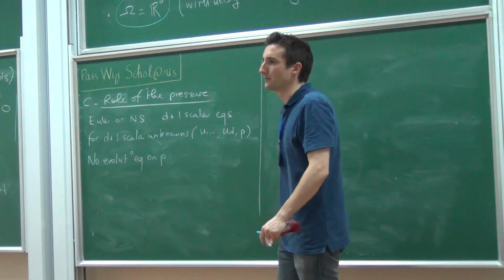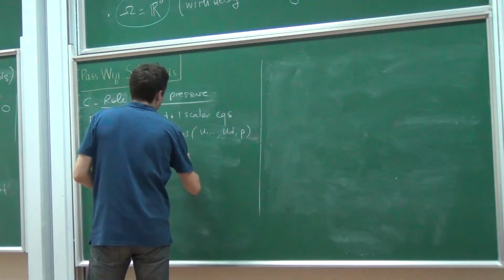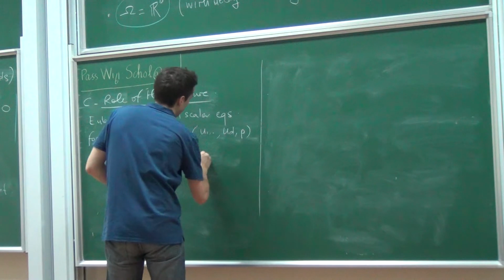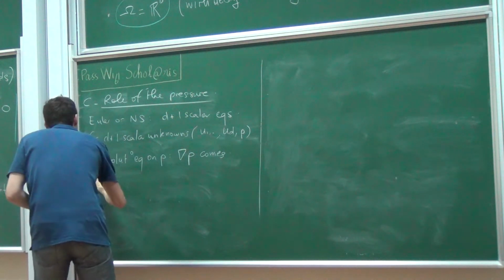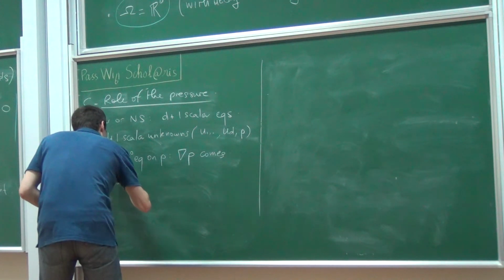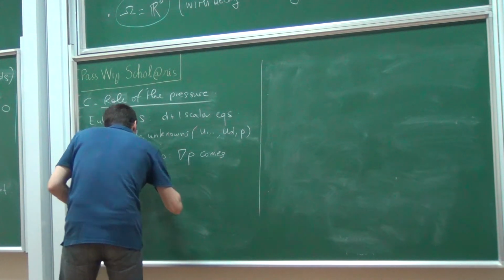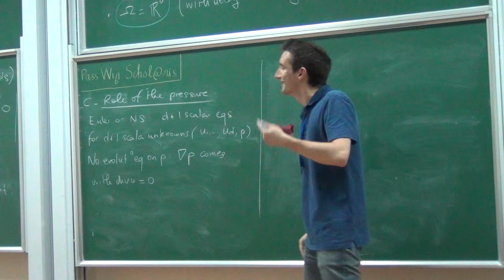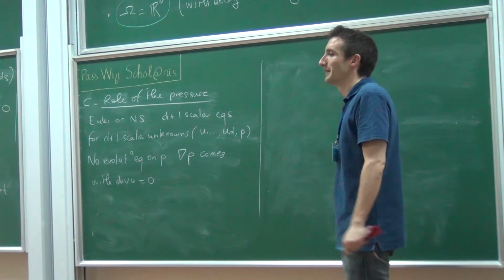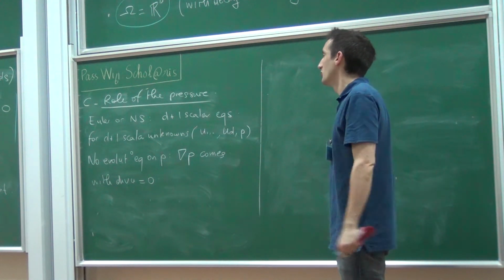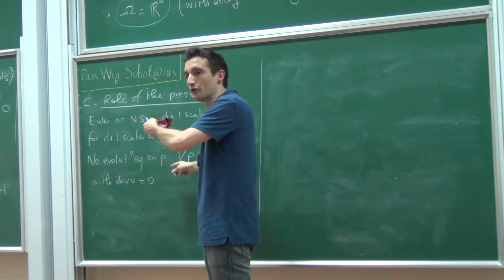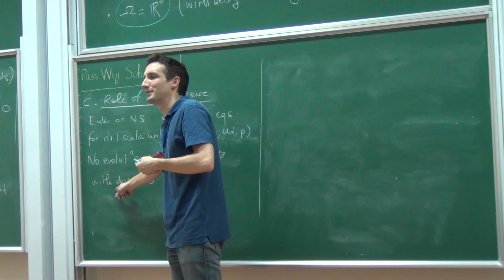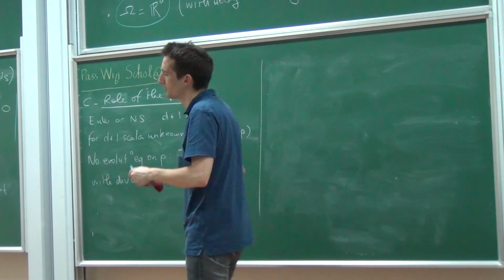So in some sense, the gradient of p comes with divergence of u equals 0. And as Ben said, you can really see this and make it rigorous as some kind of Lagrange multiplier associated with this constraint. But it will take some time to make